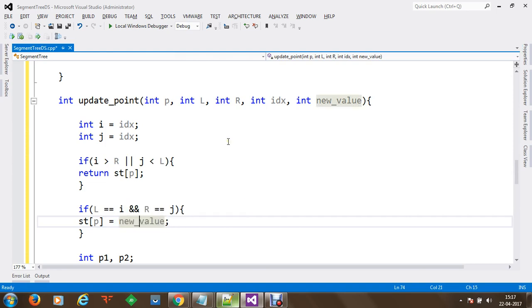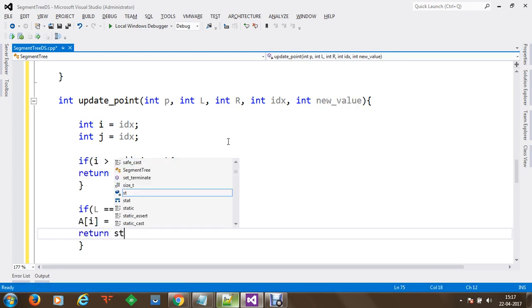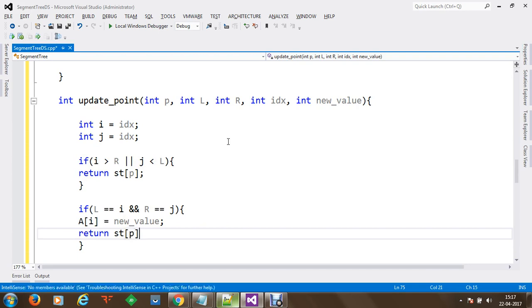So we actually have to replace not the segment tree, but the vector. We want to change the vector of that ith element with the new value, and then we want to return the index of our segment tree. So we are going to return the index of the segment tree, and we are going to change the value to L, which is the left node or the minimum range value.